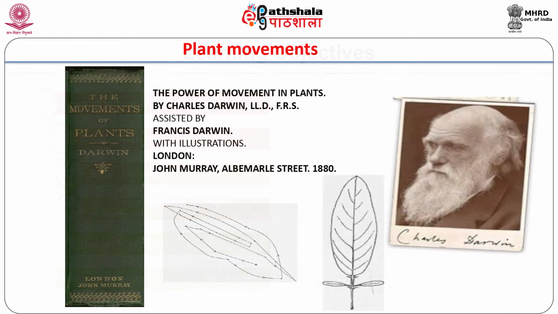Plant movements. Darwin in 1881 published a book called The Power of Movements in Plants, in which movements are described as circumnutations, and the causes underlying such movements have been discussed as increased growth first on one side and then on another is a secondary effect, and that the increased turgescence of the cells together with the extensibility of their walls is the primary cause of the movement of circumnutation.